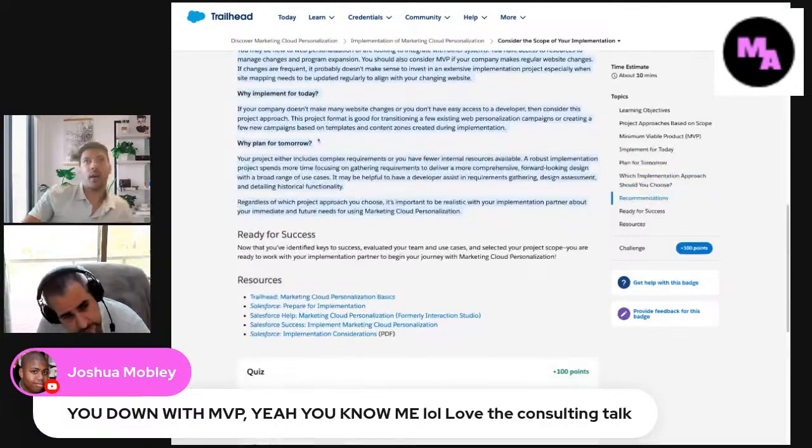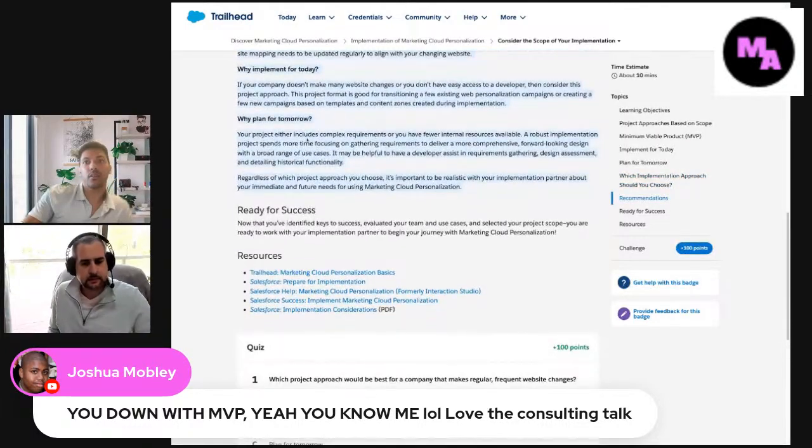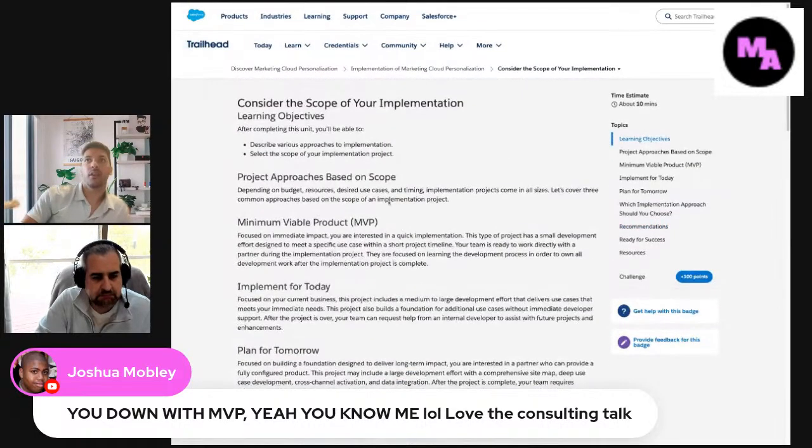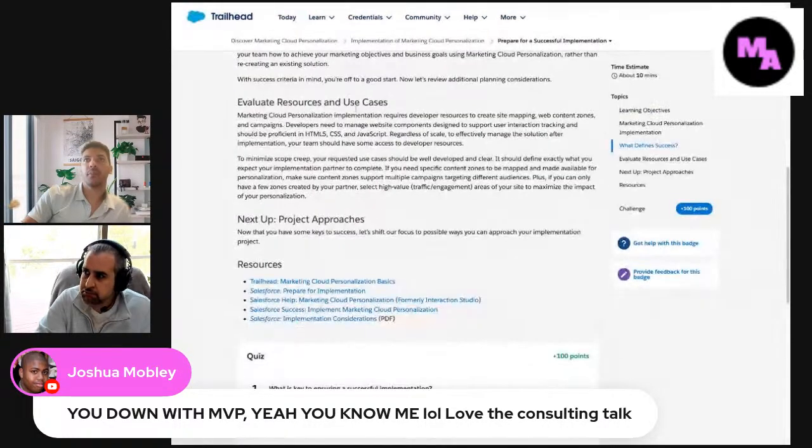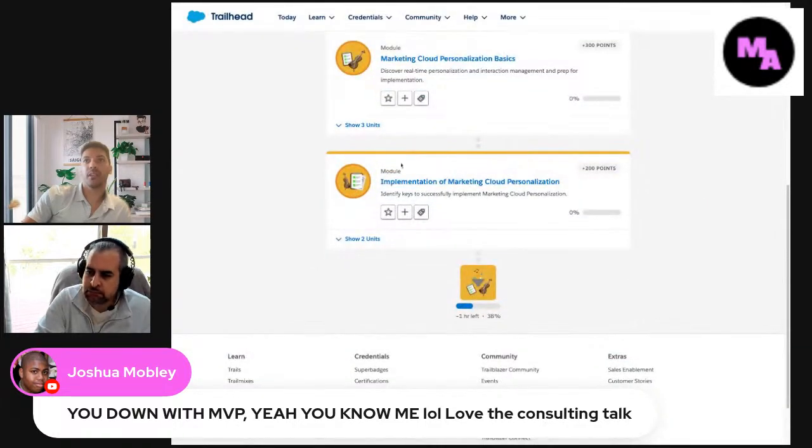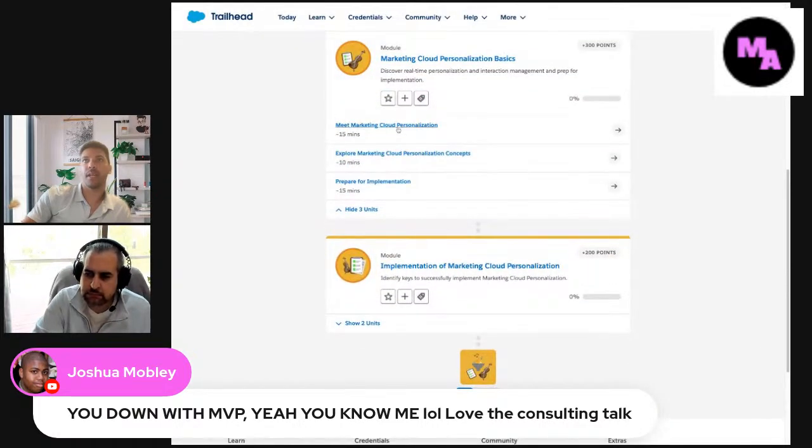So that's really why implement for today. If your company doesn't have access to a developer, you can create stuff from campaigns. And then planning for tomorrow is just making sure everything you're building out gets better. But that's pretty much Marketing Cloud personalization implementation. But the basics of it